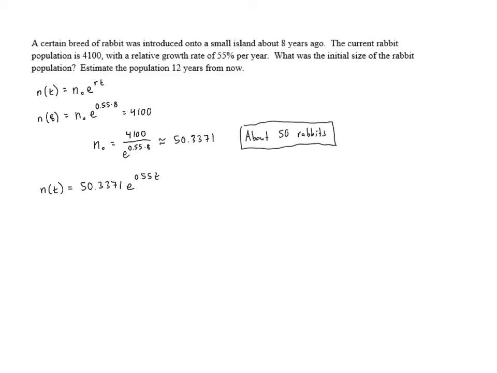Now we're able to look at the population 12 years from now, but we're not going to evaluate N of 12 because remember, right now we're 8 years into the population's existence. So 12 years from now, that's going to be 20 years in, and so we need to evaluate N of 20. Which is going to be 50.3371 times e to the 0.55 times 20 power, which is approximately equal to